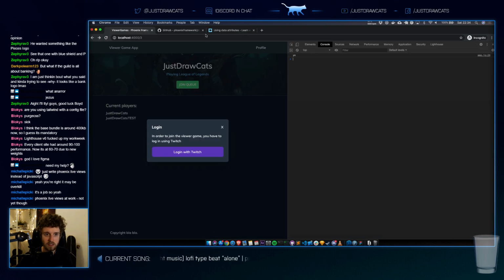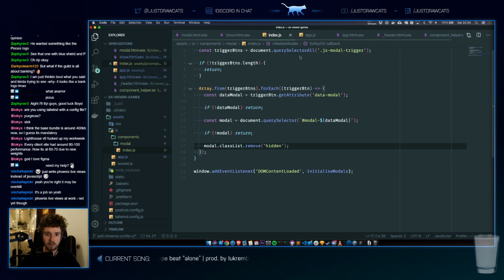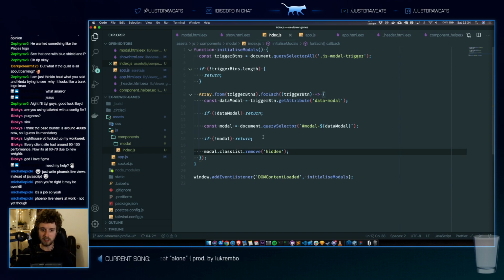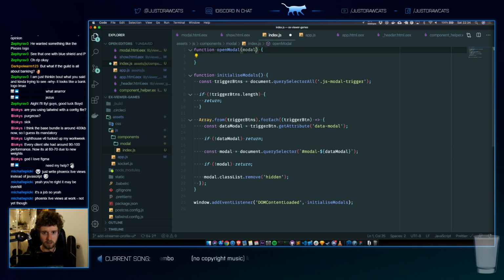Okay, sure. Wait, hold up. Okay, yeah, we have a problem here. This should be another function called openModal, taking the modal element. And then openModal literally just does this. Cool.